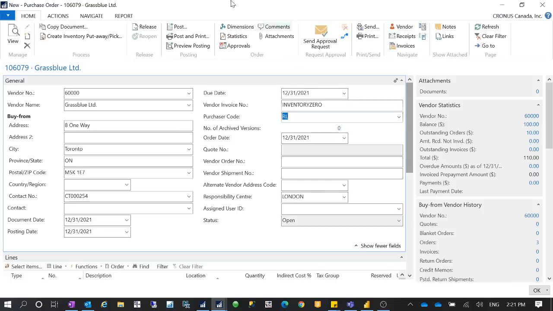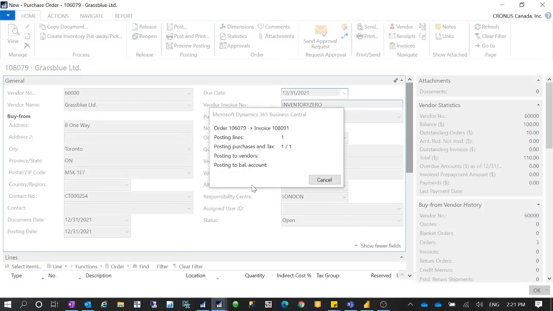Okay. So give it an invoice number in order to post the purchase invoice. Okay. So now after